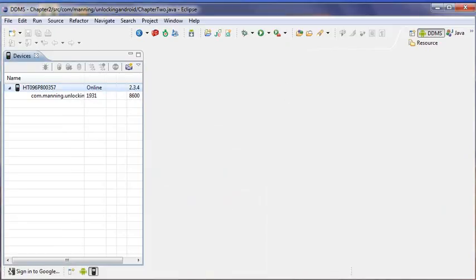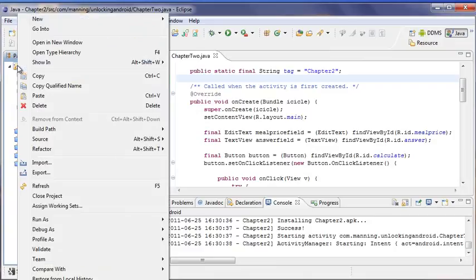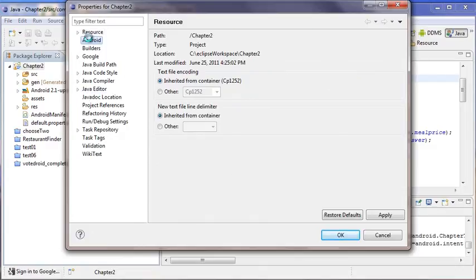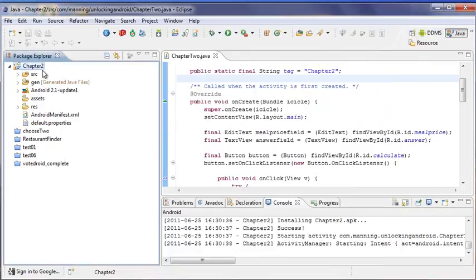The only thing you have to worry about is properties. You can't see it, but just right click properties. Make sure that under Android you have Android 2.1. Might work with 1.6, but just try 2.1. The only other issue is this gen folder. Again, if that's not there,